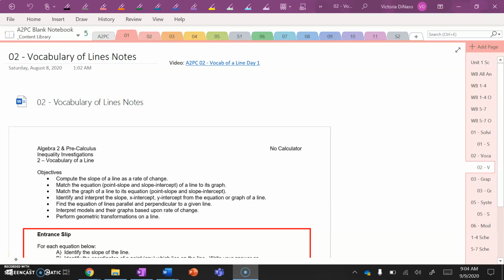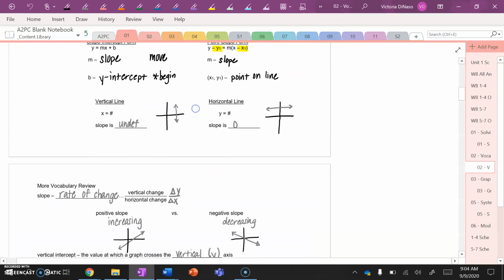As we begin day 2, we're going to identify and interpret slope, the x-intercept, the y-intercept from the given equation or a graph of a line. We're going to find the equation of parallel and perpendicular lines. We're going to interpret models and their graphs, and then we're going to also perform geometric transformations of a line. So starting with example number 7,